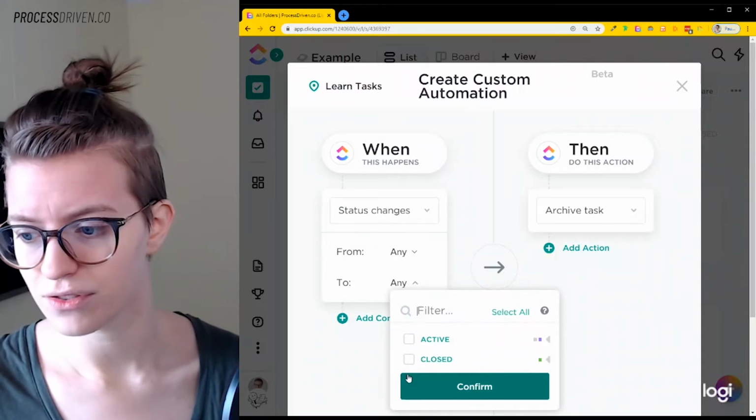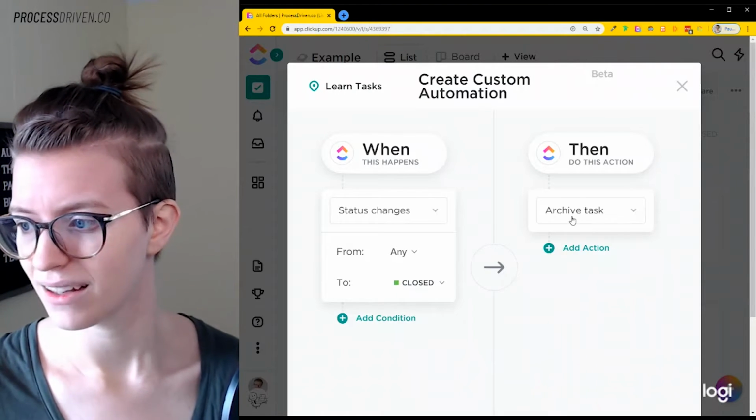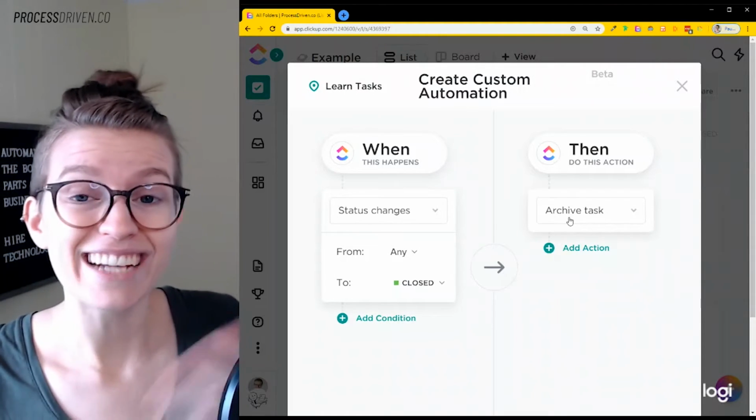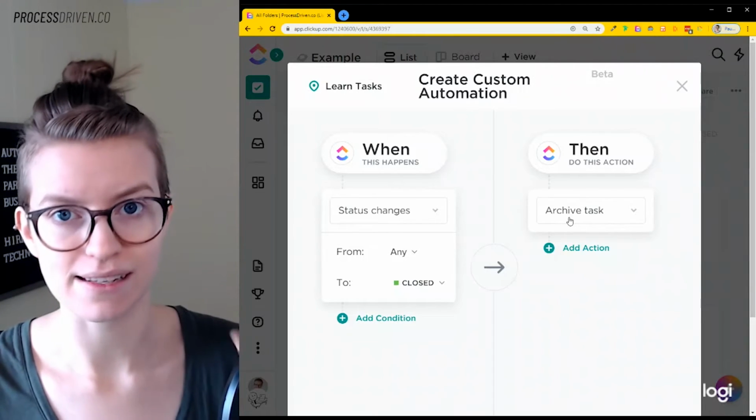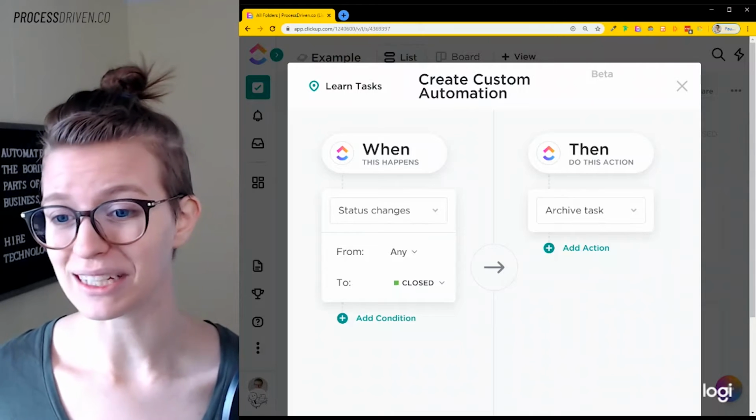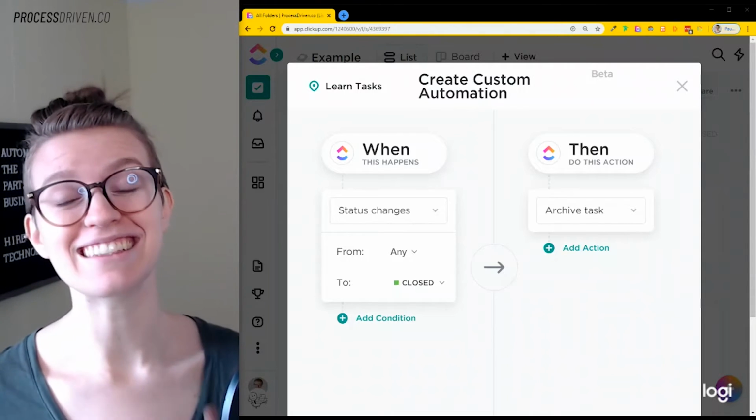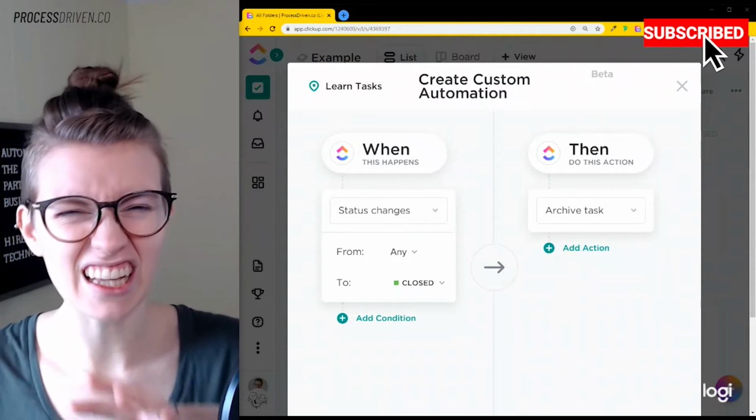When status is moved to closed, archive task. It just eliminates it, removes it, makes sure it's out of your sight, out of your mind, and it keeps things a little bit cleaner. That seems like a little bit of a softball, but nonetheless, it is an automation that you can definitely use to kind of clean up the space